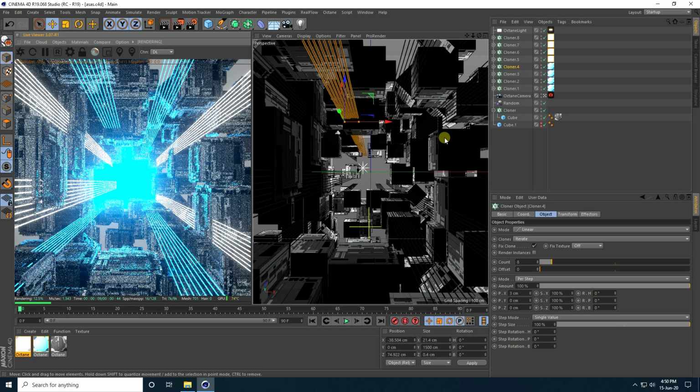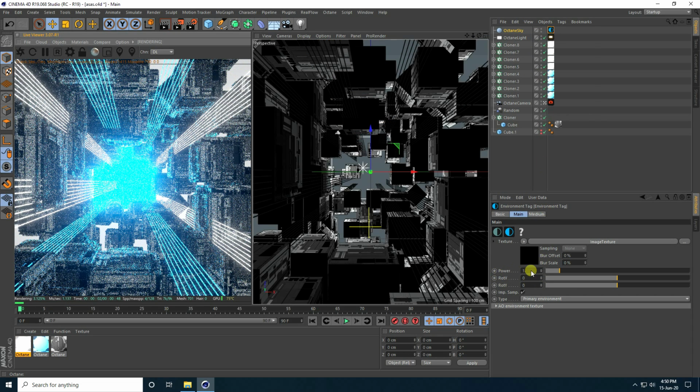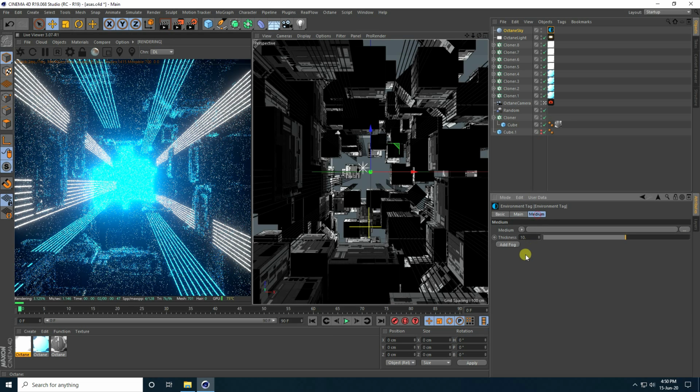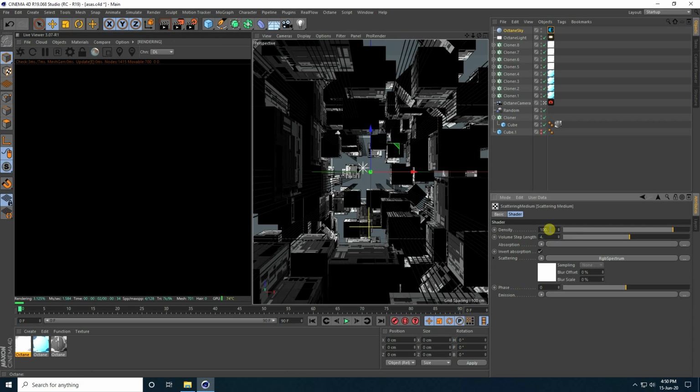And now guys, I take HDRI environment and guys, select this environment tag and power I take 0. Yeah, and guys, I create now fog effect. So add fog, click. Yeah, and click on here. Guys, density I take 0.1.